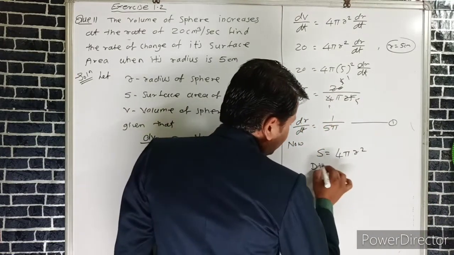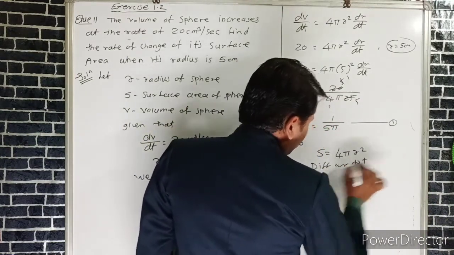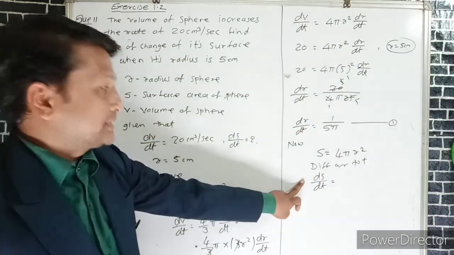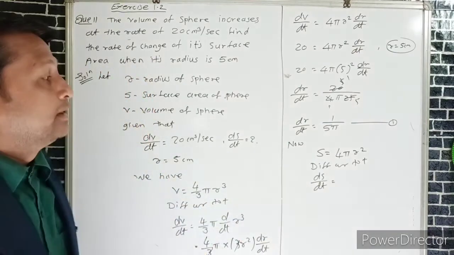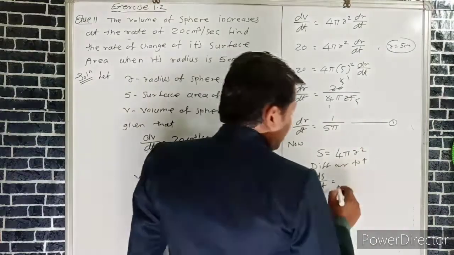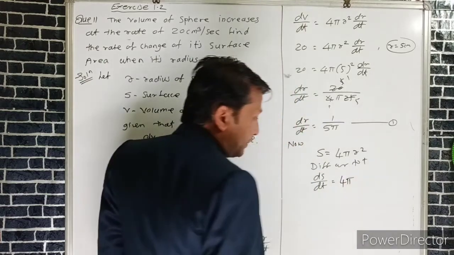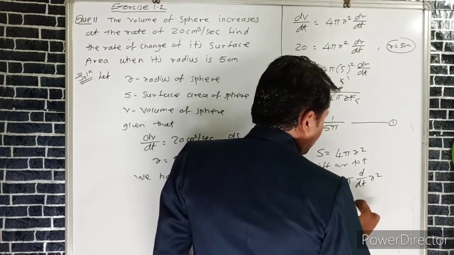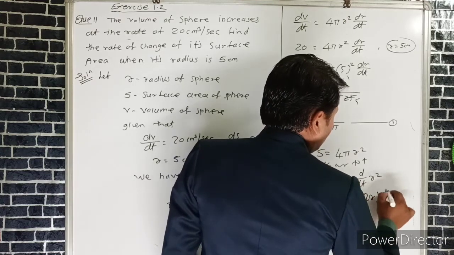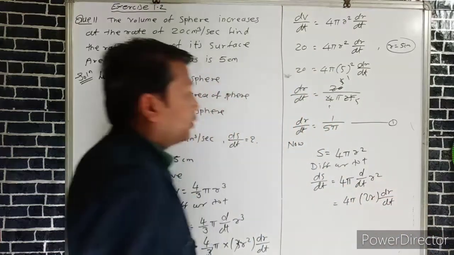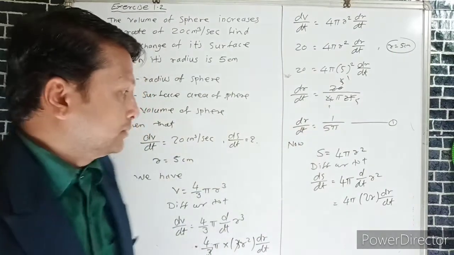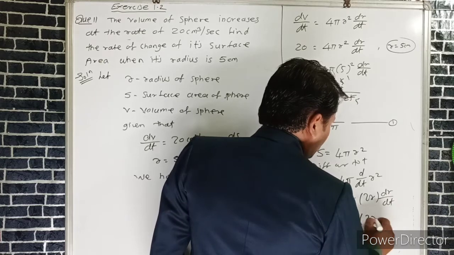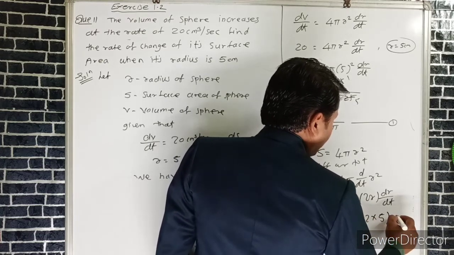So again, if we differentiate with respect to t, we can write dS upon dt, meaning the surface area increases at the rate, where the radius is 5 centimeter. Therefore, 4 pi into the derivative of r square. We can write the derivative of r square as 2r into dr by dt. We know that the value of dr by dt is 1 upon 5 pi. The value of r is 5, so we can write 4 pi 2 into 5 and dr by dt